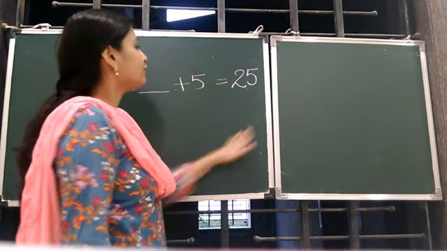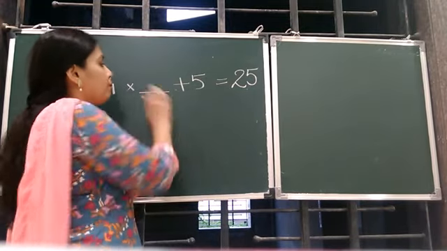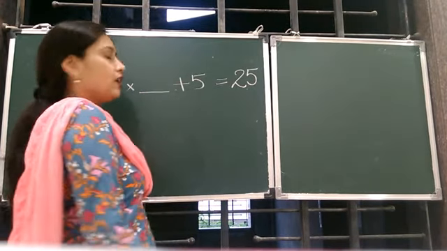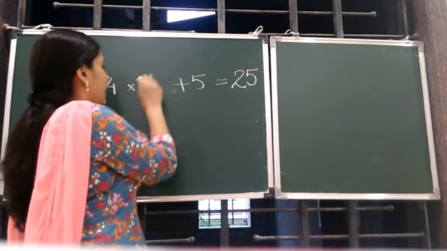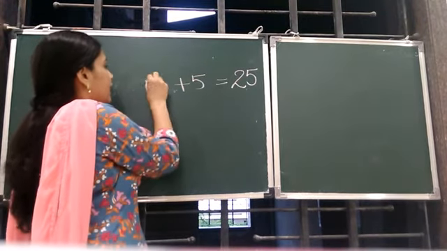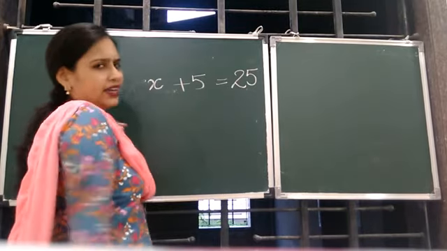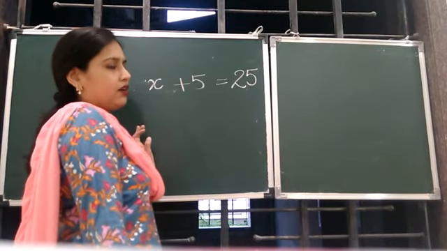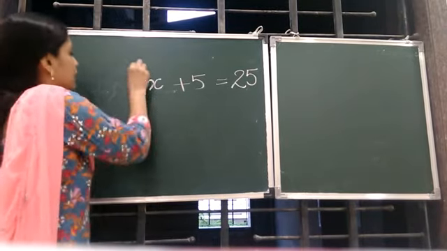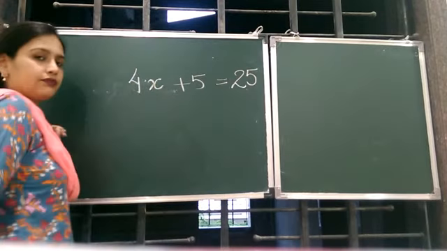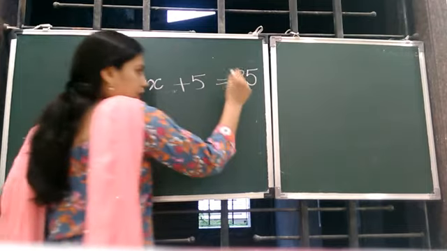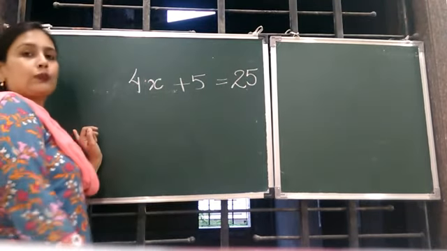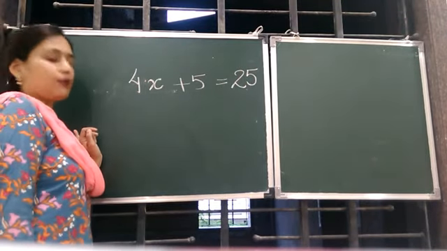So instead of doing it like this, if we presume that number, suppose that number be x, let that number be x, y, z, a, b, c, whatever, any alphabet. Okay, multiply, that means 4x, add 5 to that number, then your total should come out to be 25.